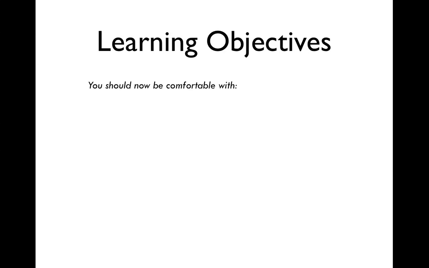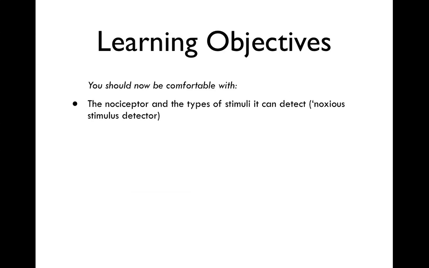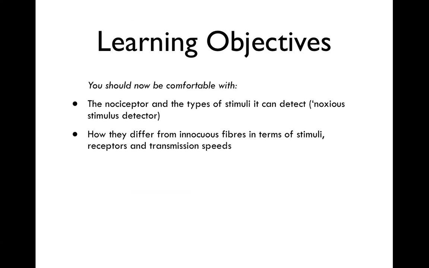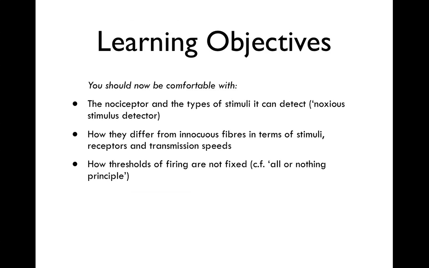Right, so hopefully from this lecture you're now comfortable with the nociceptor and the different types of stimuli it can detect, how they differ from noxious fibres in terms of stimuli, receptors, transmission speed, thresholds of firing, the axon reflex,